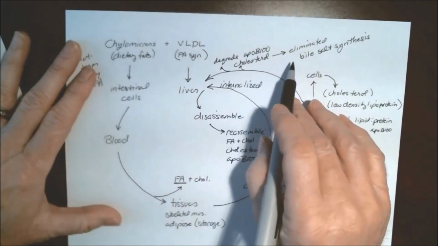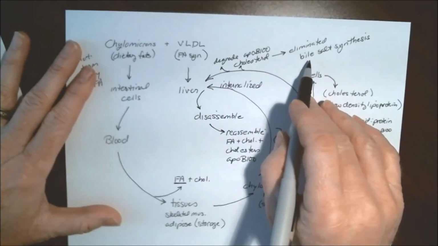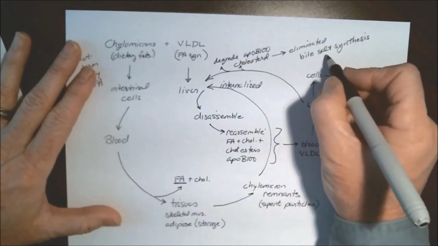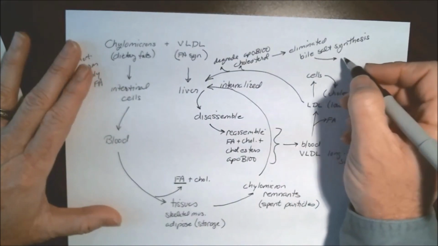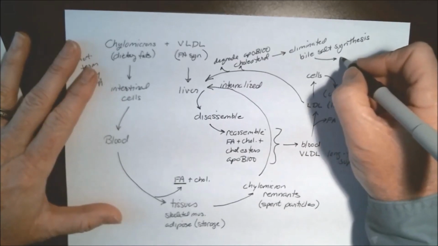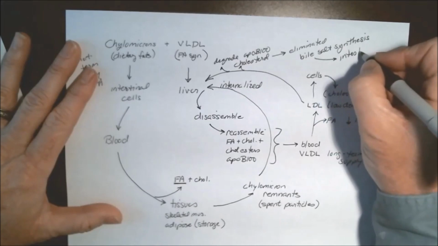So the cholesterol is the major substrate for bile synthesis, and then once the biles are formed, the bile, recall back when we started talking about dietary fat intake, this will be secreted into the intestine